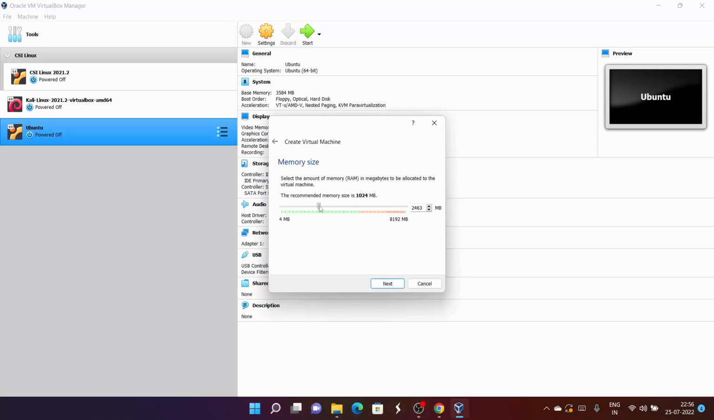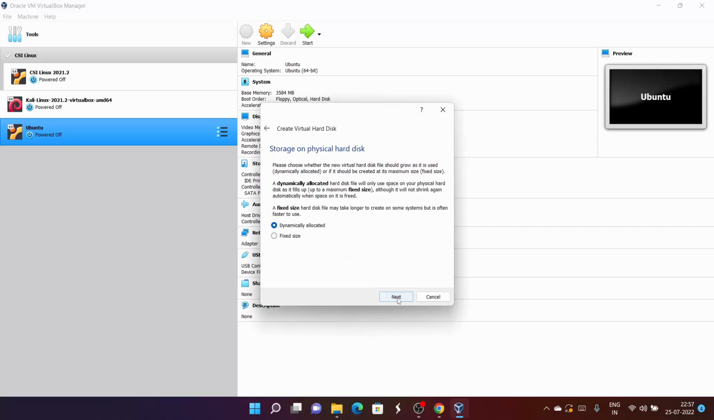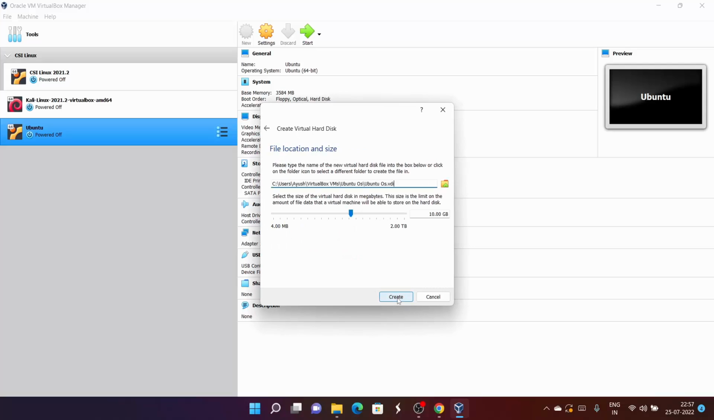Make sure you provide a memory size of more than 4 GB at least, and if you, 4 MB, sorry. If your laptop has approximately 4 GB of RAM, then make sure you provide half of it, otherwise your laptop will hang, okay? So now click on next, create a virtual hard disk, click on next, dynamically allocated, next,